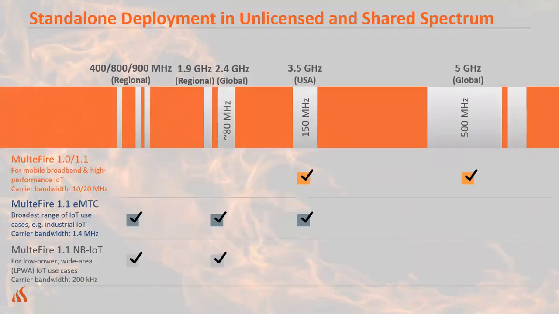Next slide, Ron. So this is a good slide to summarize the various releases we have to date. As you can see, initially release 1.0 supported the 5 GHz band globally that gives access to 500 MHz of spectrum available worldwide. Of course, the MulteFire Alliance follows the rule needed to deploy in these spectrum bands, which is listen before talk, similar to LAA with a licensed anchor. Now, release 1.1 will open up capabilities into eMTC and NB-IoT in additional unlicensed or shared spectrum bands. And I added some details on this slide, which bands were targeted initially.